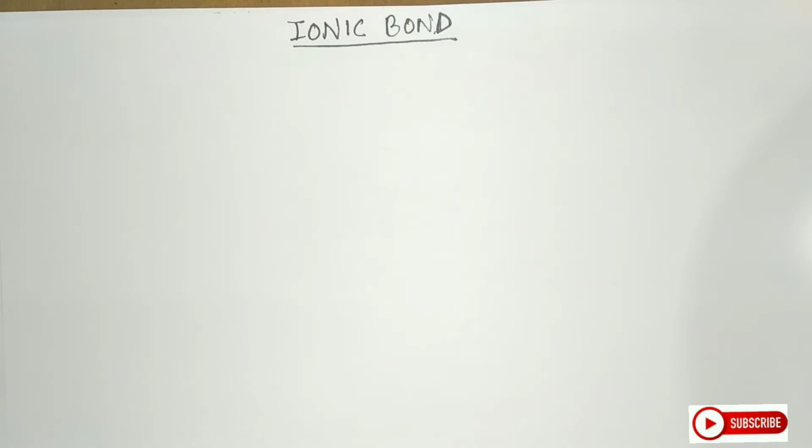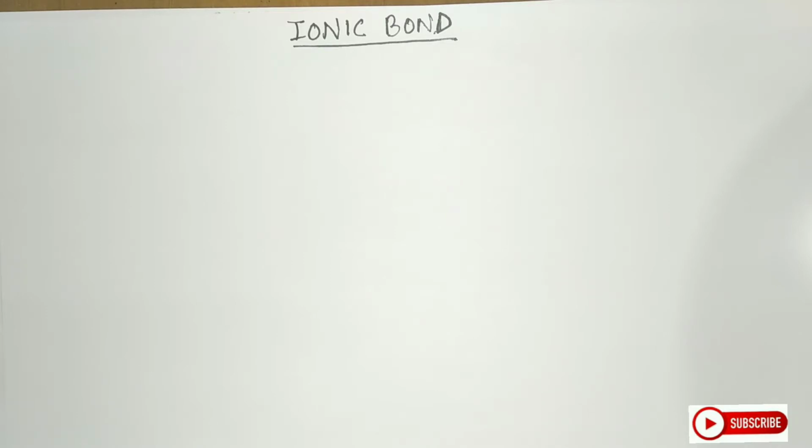Now the question is, how? So students, atoms also behave like us. They also want to get stabilized. And in order to get stabilized, they donate, gain or share electrons in such a way that they try to reach the nearest stability. By stability, I mean 8 or 2 electrons in the valence shell.